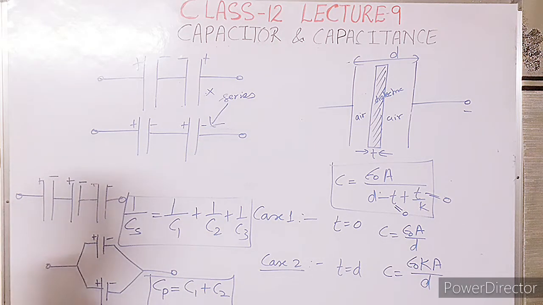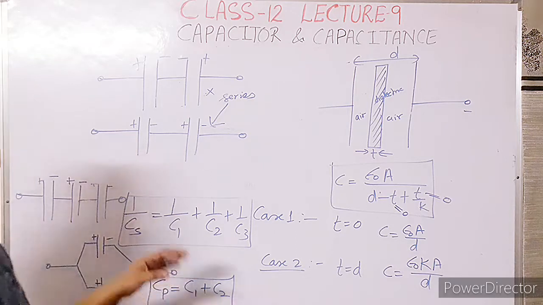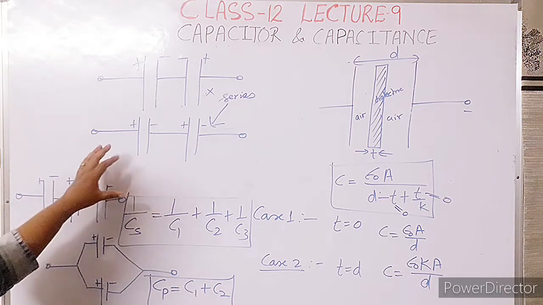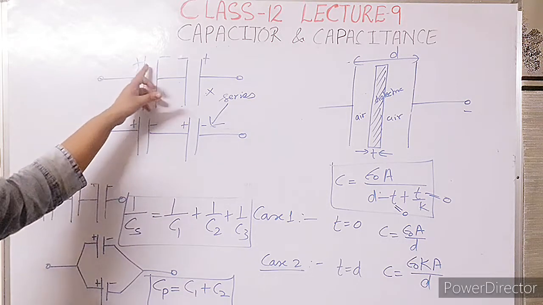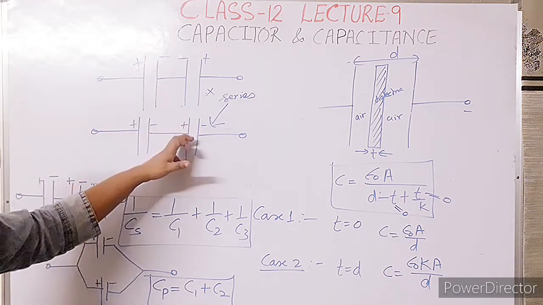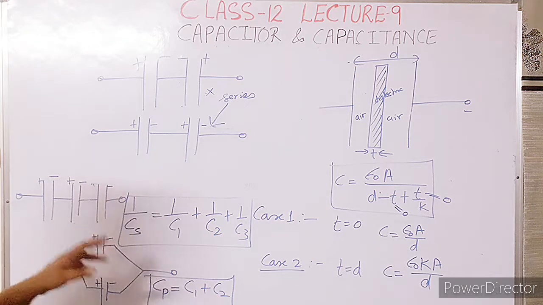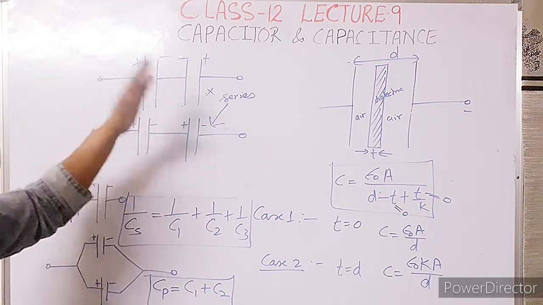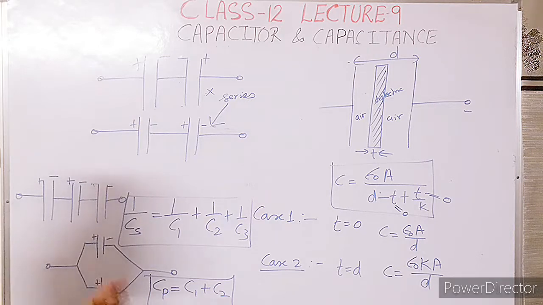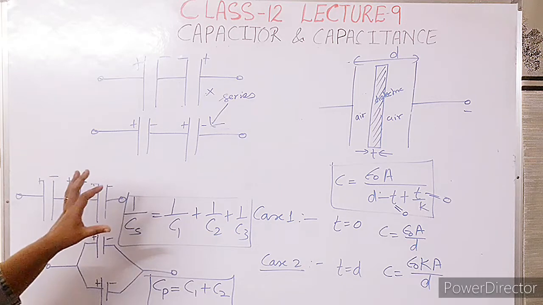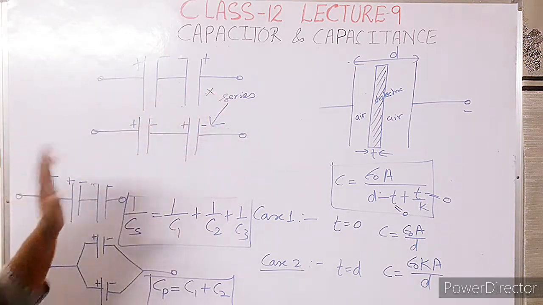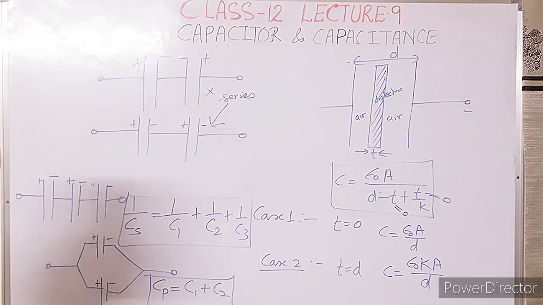Whenever you go through the numerical portion, you will see why this concept is so important. Always remember, the negative plate should be connected with the positive plate to identify the series combination. If negative plates are connected with each other, as well as positive and positive are connected with each other, that means this is the parallel combination of capacitors. So don't judge any combination by only watching the linear line. This is not a series combination, remember this.